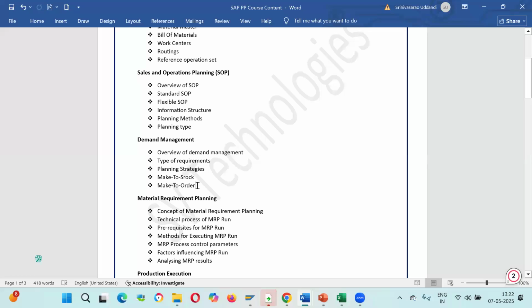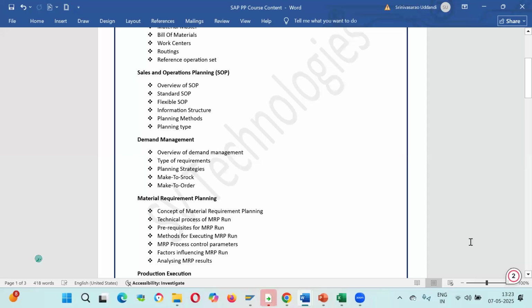But suppose you place an order for a Rolls Royce car, will it be readily available? No. Once you place your order, only after placing the order will they start manufacturing the Rolls Royce car. That kind of requirement comes in make to order. So most of this production planning model will be discussed around these two kinds of different processes.